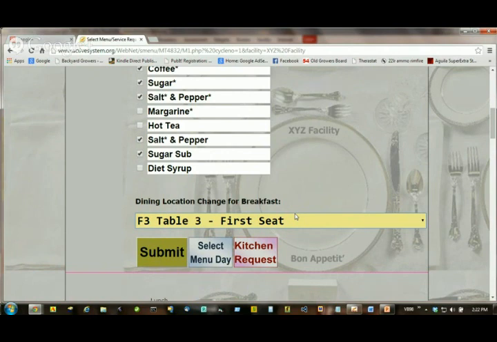If they make a change, they change it on the day that they want on their select menu day page, and the Active System stores it and prints that new dining location on the tray card, and also makes a list of all the dining location changes. You get that printout at the end of your printout for printing your tray cards, so that you can see that these particular residents have changed their dining location for that meal, and you can go and get their tray card to make sure it's in the new dining location